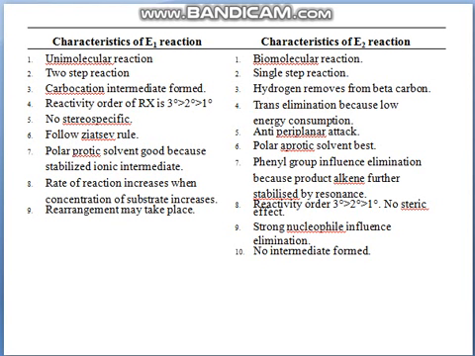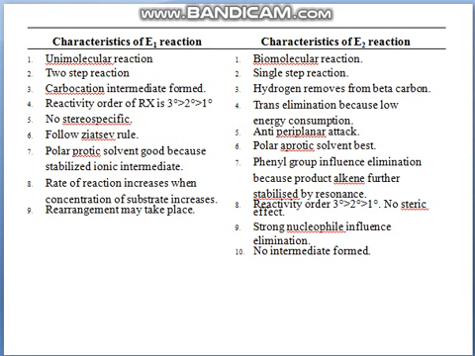E1 is not stereospecific. E2 reaction is an anti-parallel attack. E1 is favored by polar protic solvent because it stabilizes the ionic intermediate. And in E2, due to resonance, alkyl groups stabilize and the phenyl group has influence. In E1, rearrangement takes place, but in this we can see the decreasing reactivity order. No intermediates are found in E2 reactions.